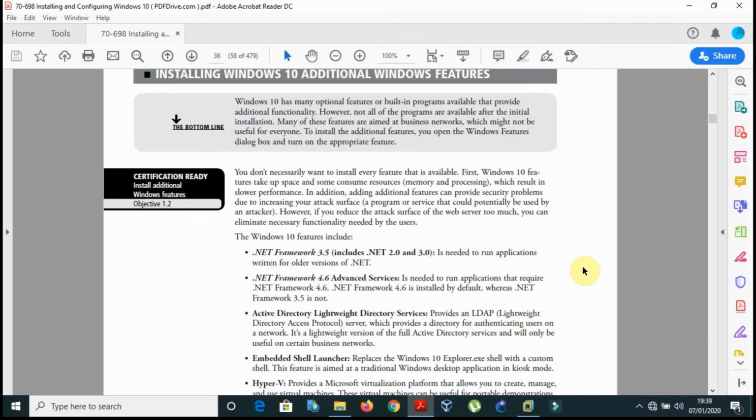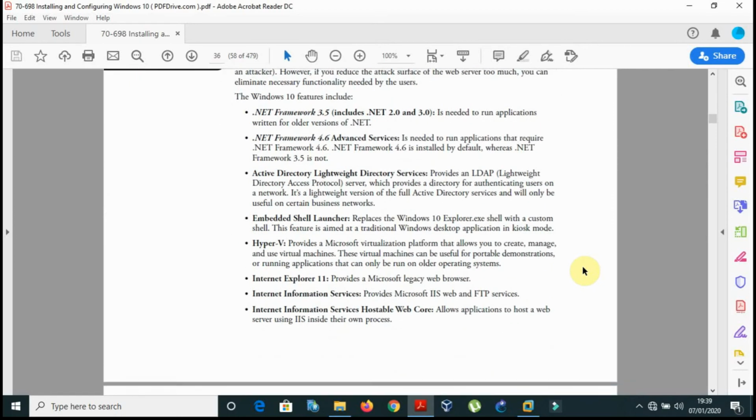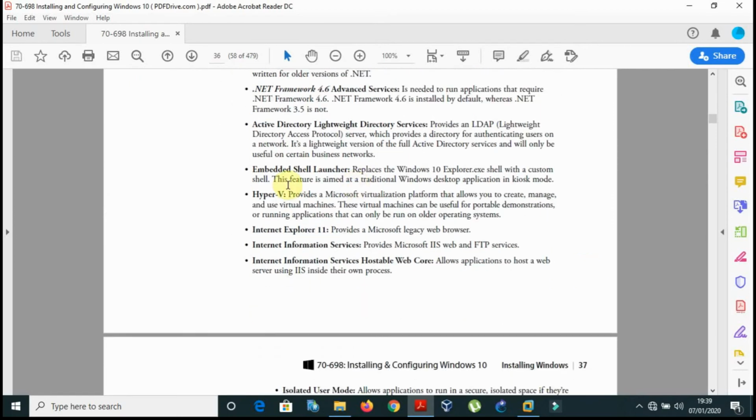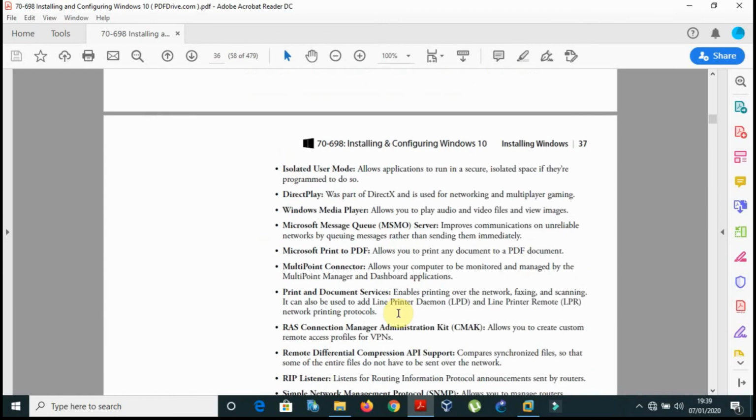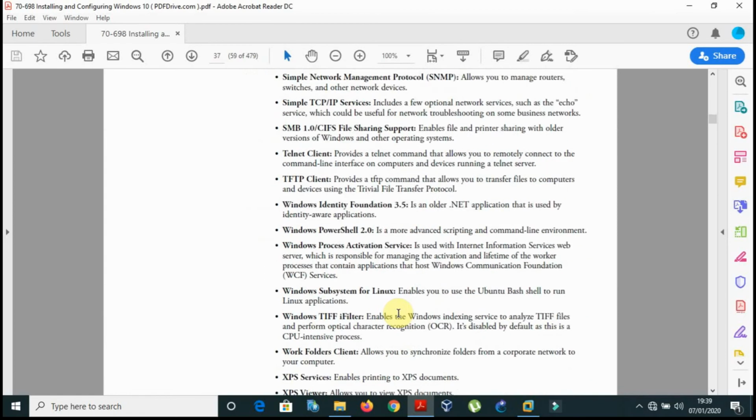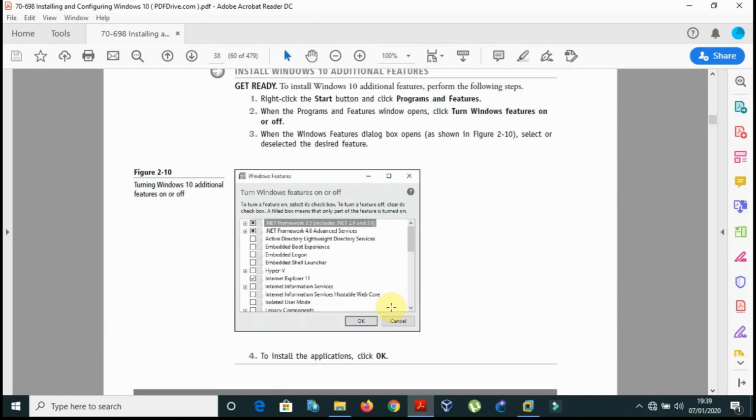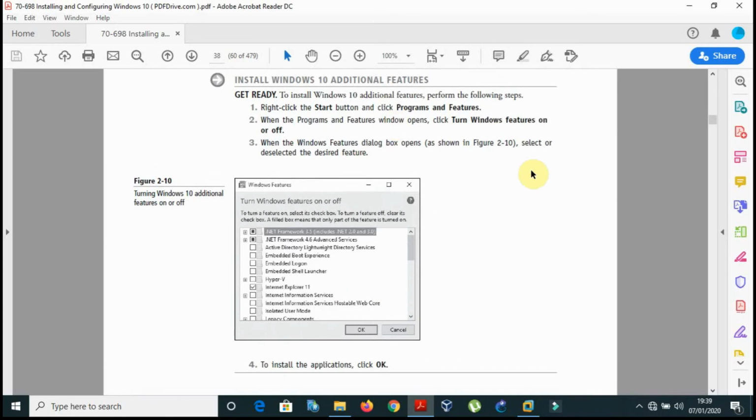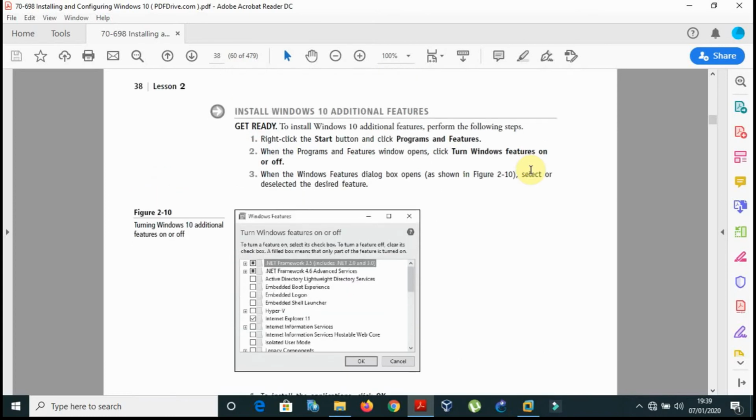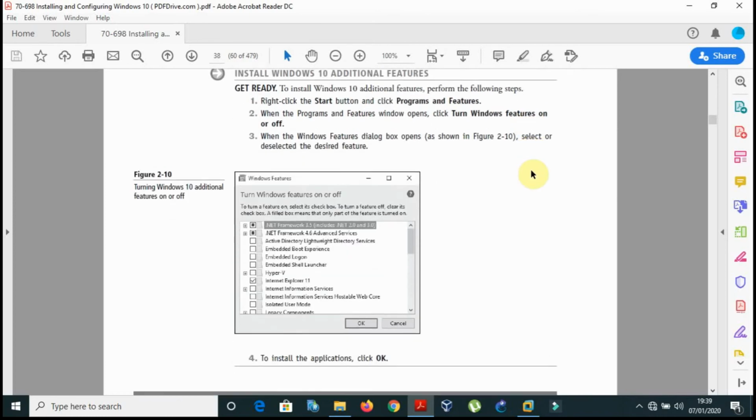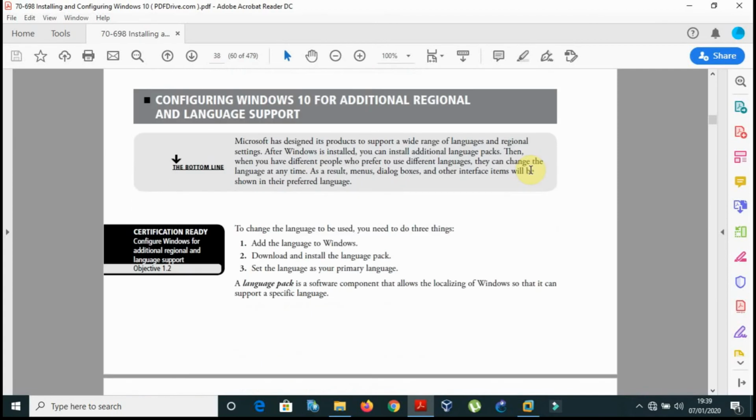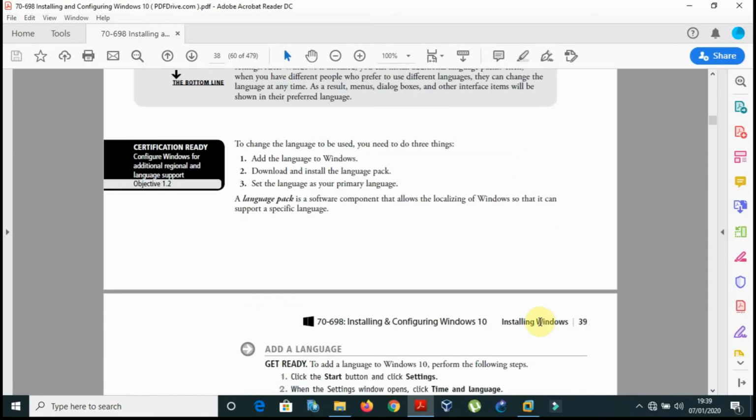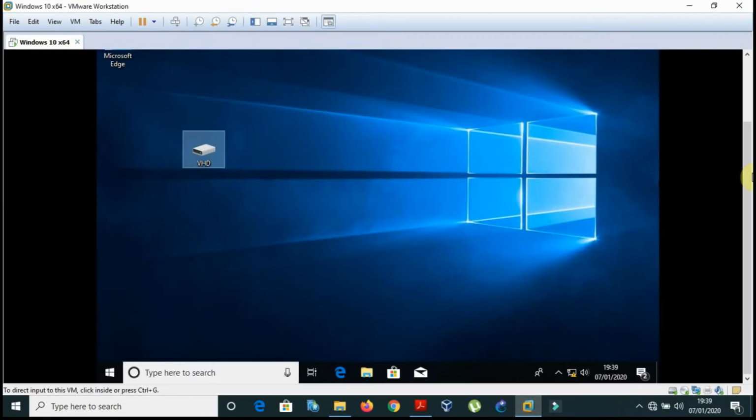So what it means is that if you go down, this is one important one, like Hyper-V. I will show you how to turn on Hyper-V and that type of stuff. When you go to this Windows, you turn on what needs to be turned on. For example, let me show you that Windows there. If you go here,